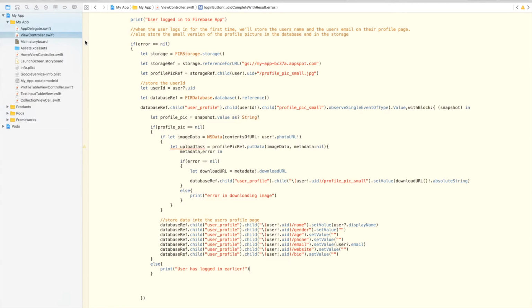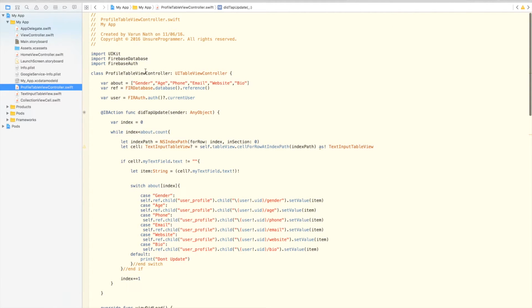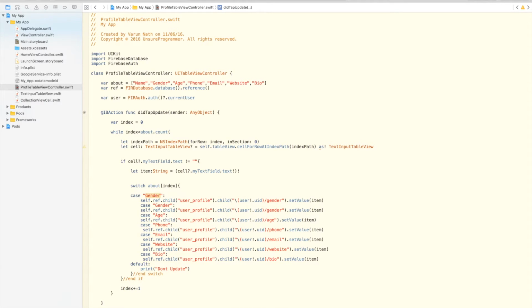And before we go into the collection view controller, we'll just make another change, which is going to the profile table view controller and adding the name column. So here we add name, so here we'll also have to add it. Basically it's going to be the same, so how about we just copy this, paste this on top and just edit it. This is going to be name,